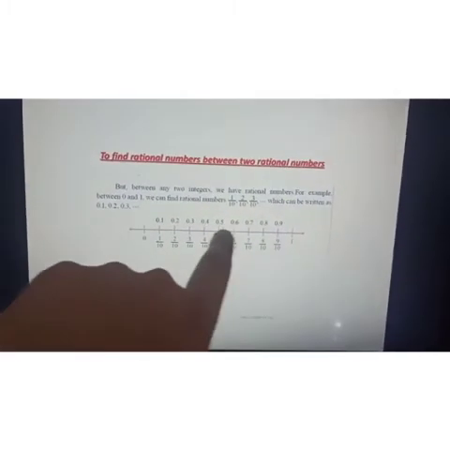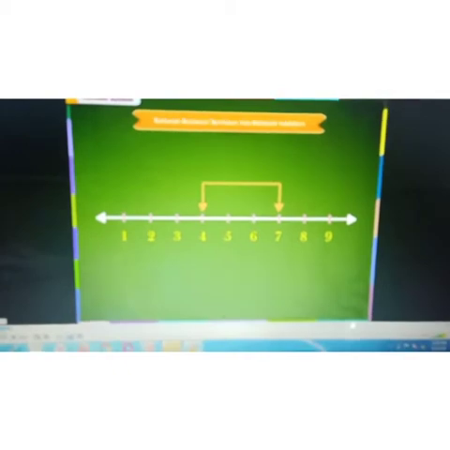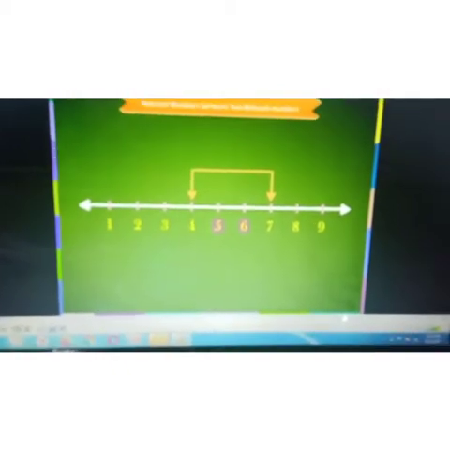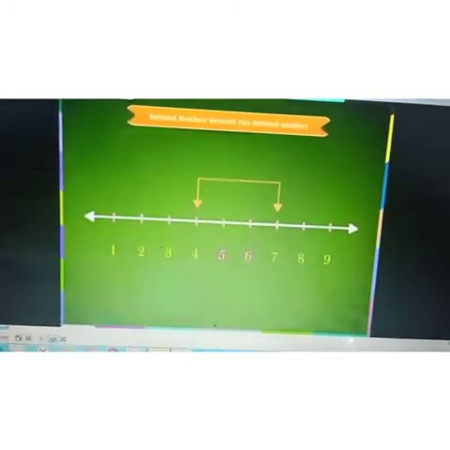So our answer is that yes, in between two rational numbers, a finite number of rational numbers are there. Okay, infinite numbers are also there, so we will discuss that later. So what have we studied? We have studied that in between two natural numbers, natural numbers are there; in between two integers, integers are there; and in between two rational numbers, rational numbers are also there. Let's take an example, 4 and 7. In between 4 and 7, 5 and 6 are natural numbers.